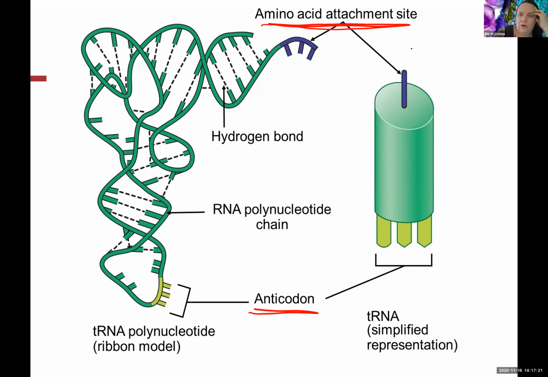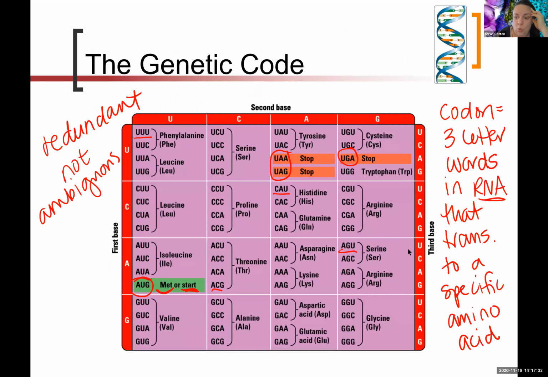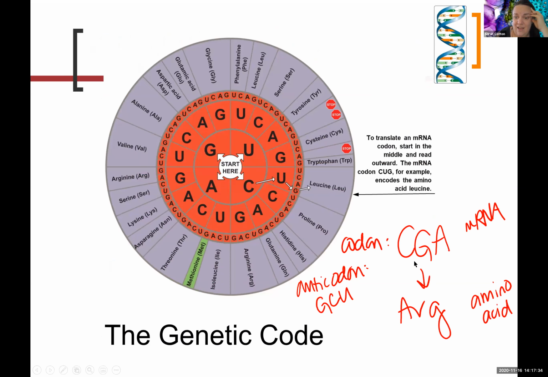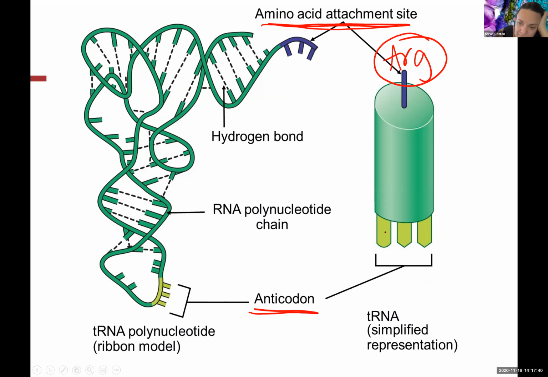Arginine is carried on that end. And then what is the anticodon going to be? If our codon was CGA, then our anticodon is going to be GCU, because then the RNA that matches it is going to be